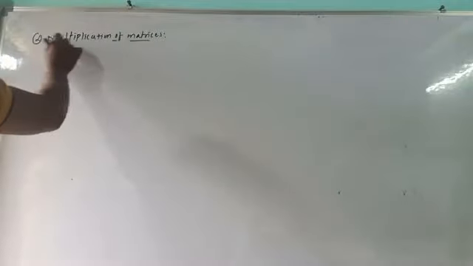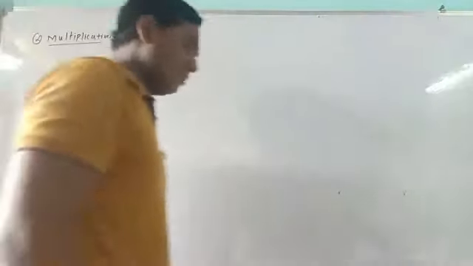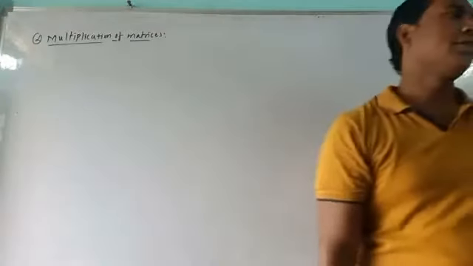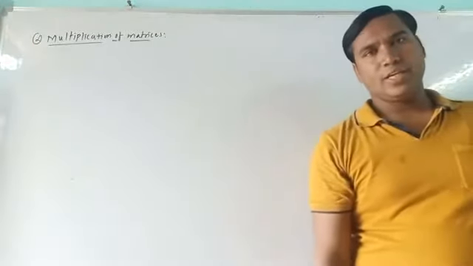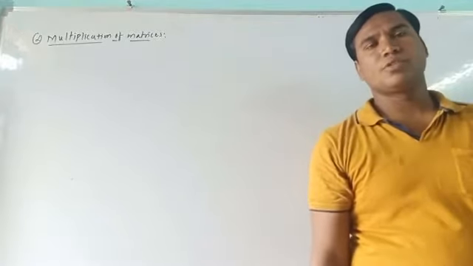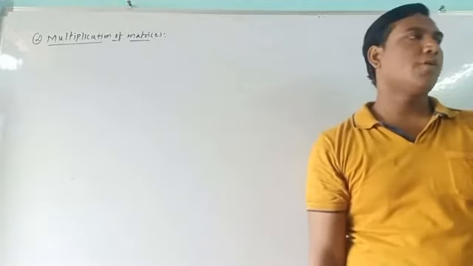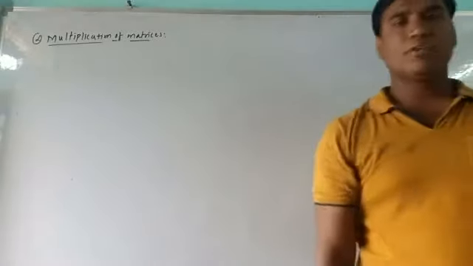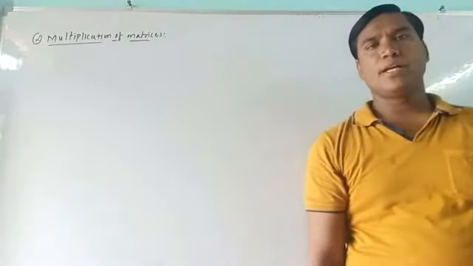The important thing is that the order of the matrix is important in that one. First we observe the order of the matrix. Order देखने के बाद हम चेक करेंगे कि number of columns in first matrix is equal to number of rows in second matrix. If both have the same one, then and then we can multiply the given matrices.